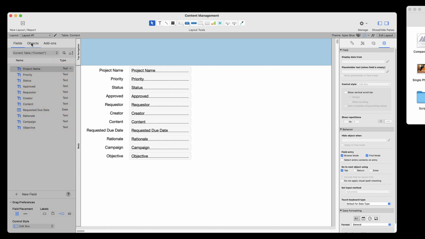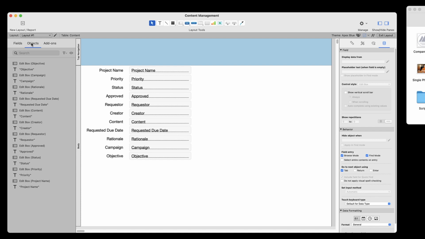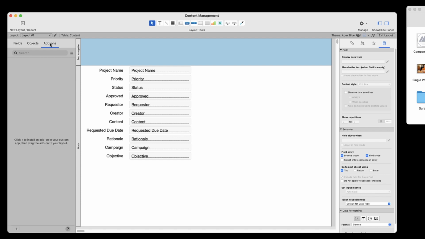The Objects pane includes a list of all of the different items on my layout, be it a field, a text block, a graphic image, whatever. And lastly, we have the Add-ons tab. Add-ons allow you to add predefined functionality to your apps quickly by simple drag and drop. And as a reminder, you can toggle the display of either one of these panes in layout mode using these